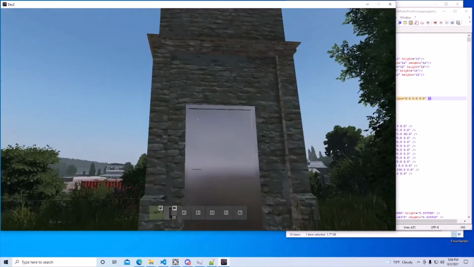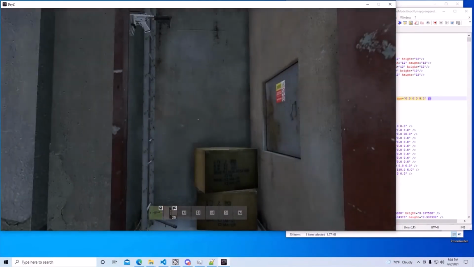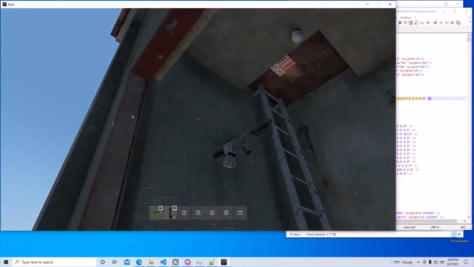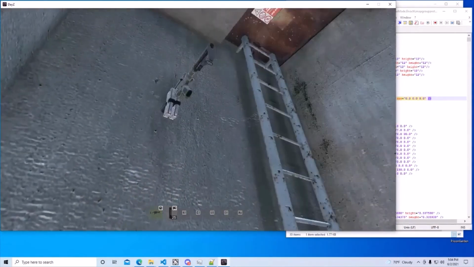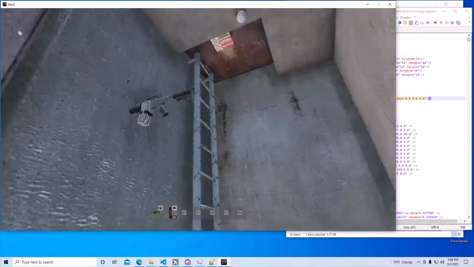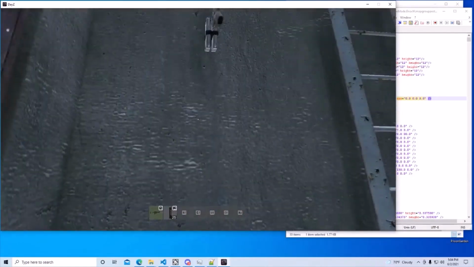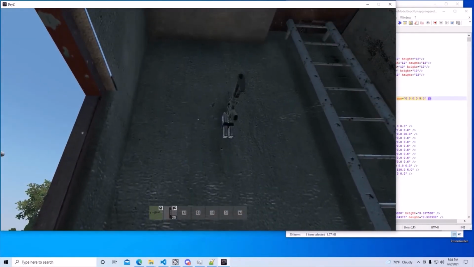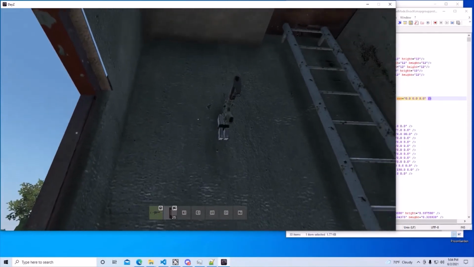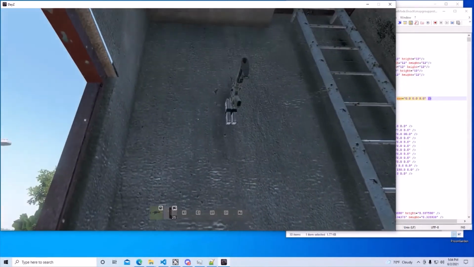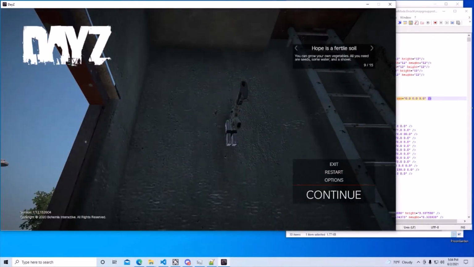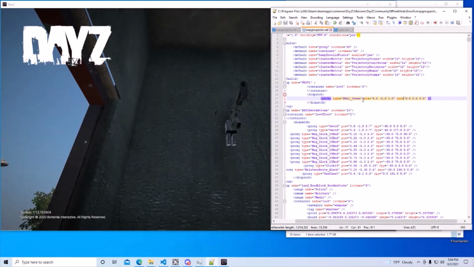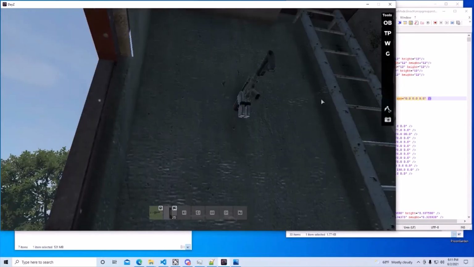Just give the editor a second to load up, and then go inside to check it out. So now we have the gun up against our left wall over here. So this means the building is facing this way, and the gun's facing this way. We want it to rotate 90 degrees because it's facing at a 90 to this building. So how to rotate this gun is we're going to use the RPY inside of the map group proto here. So if our gun is at a 90-degree angle to the wall here,